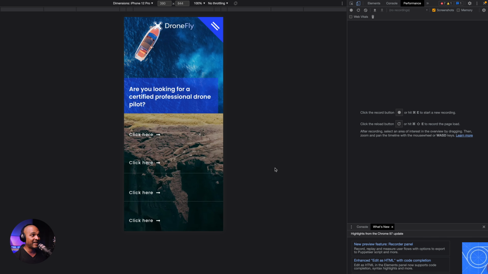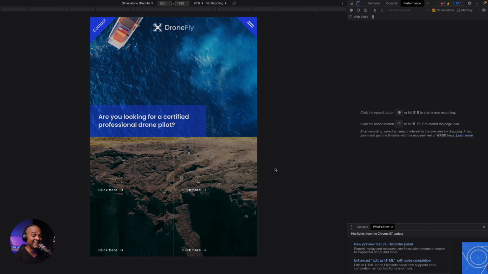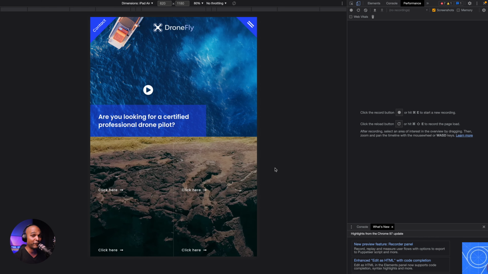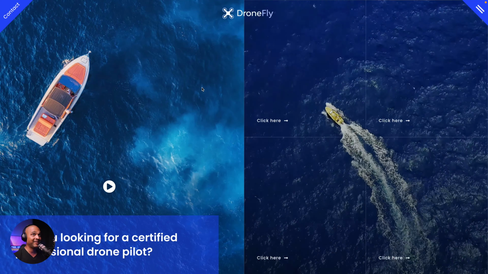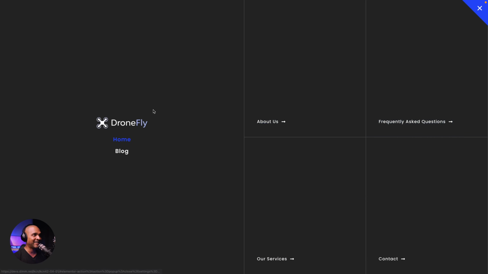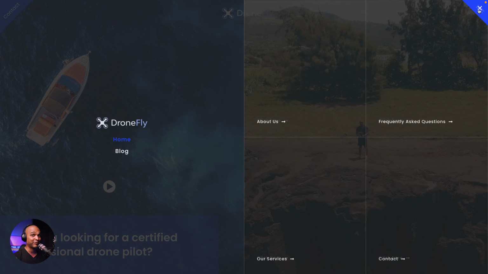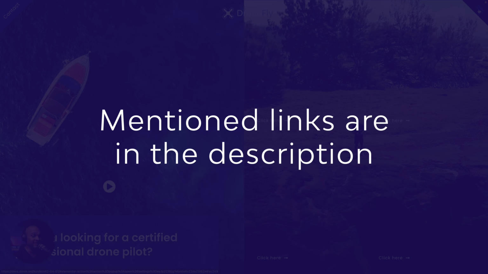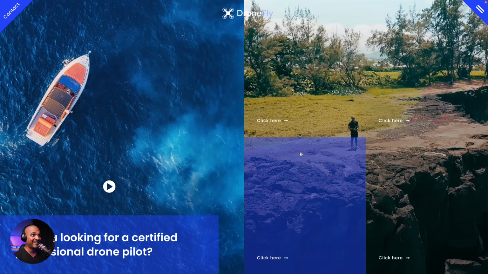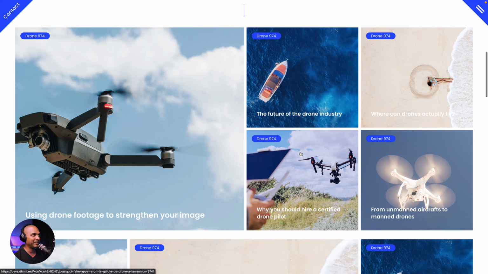But whether you're using the static image or the video, you're going to get a great looking website for yourself or for your next project. And if you combine this with the beautiful navigation that I told you about, and for which I've already created the tutorial with the link in the description, and if we take a look at what I've also built underneath,